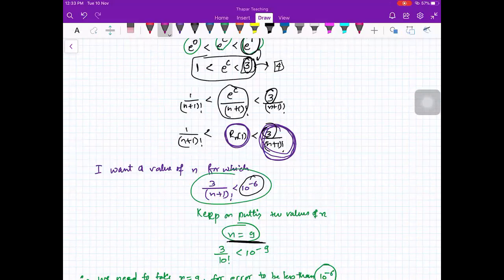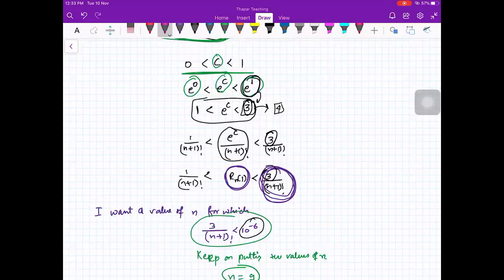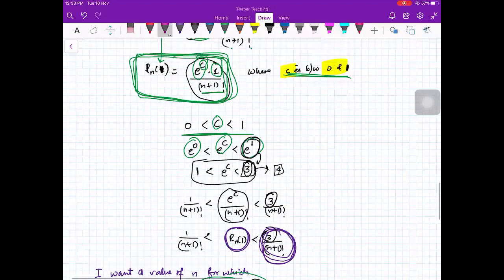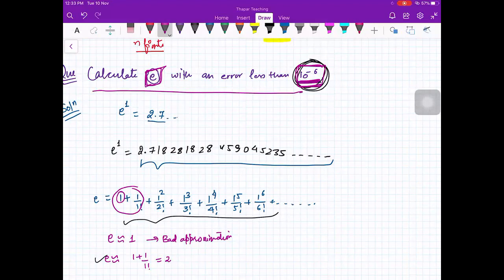Why have we taken this center a to be 0? X minus 0. He's asking why we are using a Maclaurin series rather than a Taylor series. Obviously I can use Taylor also, but in the question I'm not asked to write the Taylor series. If I'm asked to compute the value of e, the simplest thing is to use the Maclaurin series, right? You can use x equal to 1 as the center also, but that is not required.